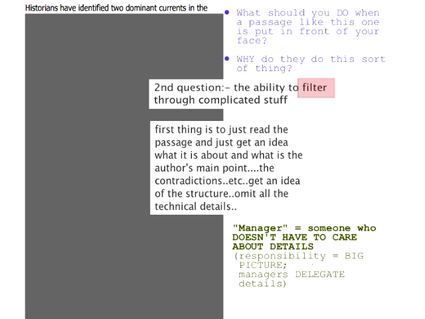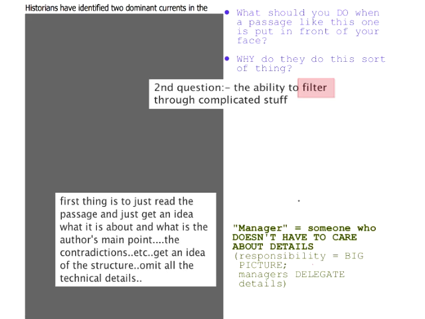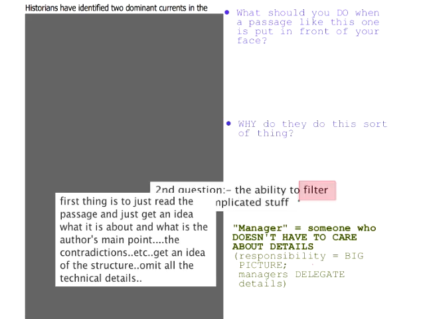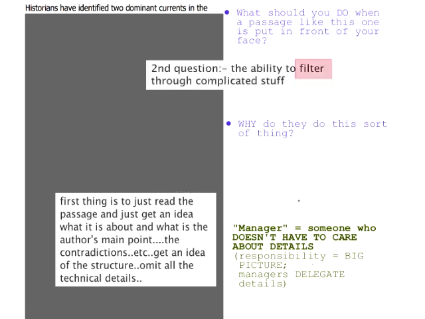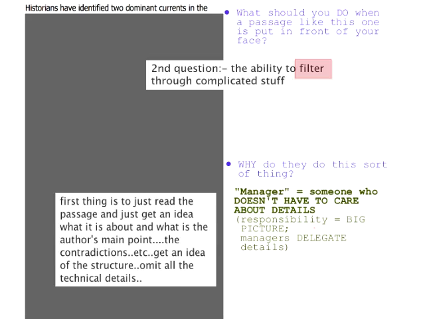And so this is reflective of what they're doing with these passages. And that's kind of what you guys have said there in the chat column. So the second question is really probably the question I should have asked first, because it really gets to the heart of why you would want to do what you want to do. But why do they do this sort of thing? At the end of the day, it's because ultimately these people are hopefully going to be in some sort of managerial position.